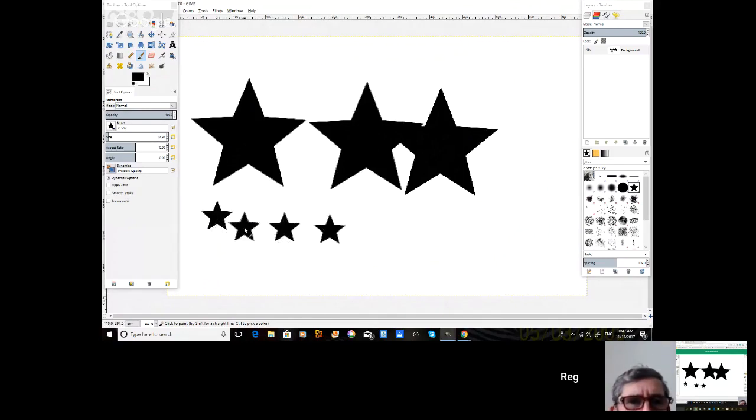Another little thing, even though you've done that, a little trick I learned in Gimp. Right? Let's say you want to reduce the size. Leave it. Stop doing them, Reg. Let's say you want to make the next two stars smaller, but you don't want it to go back and click on the size all the time. Right? If you look at your keyboard, there's a left bracket key on your keyboard. It's above the enter key. There's two brackets, the square brackets. It's the left square bracket key. If you press that once,